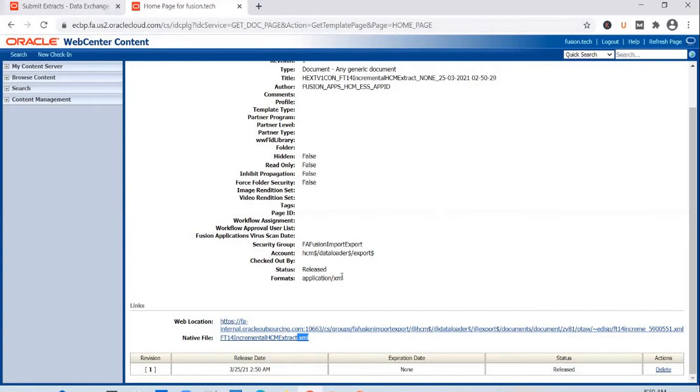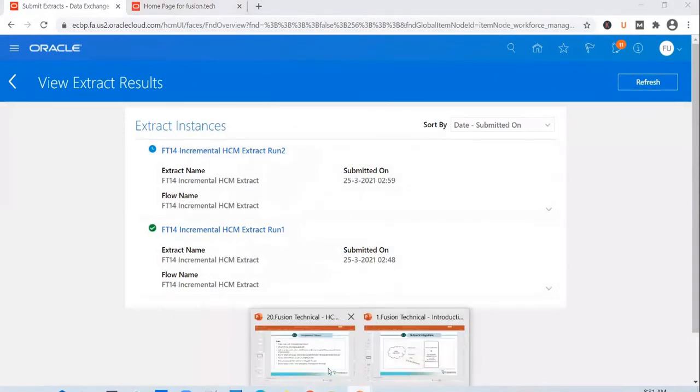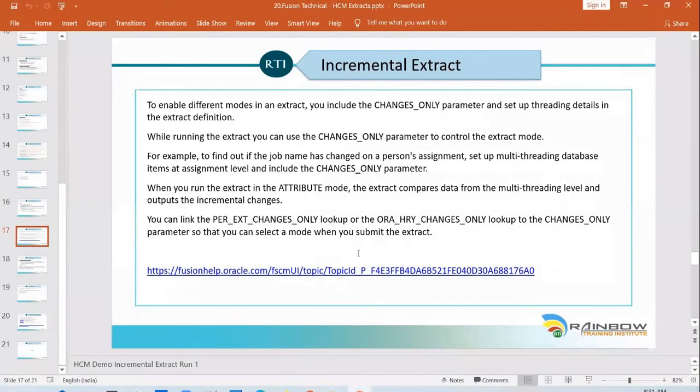Okay. And the second point is to convert this XML into a readable format. Very rarely might you come across such a scenario. I haven't come across that scenario so far. But in case you have to convert this XML into a readable format such as a PDF or other formats, I've given the steps in the PPT that you can follow to achieve it.